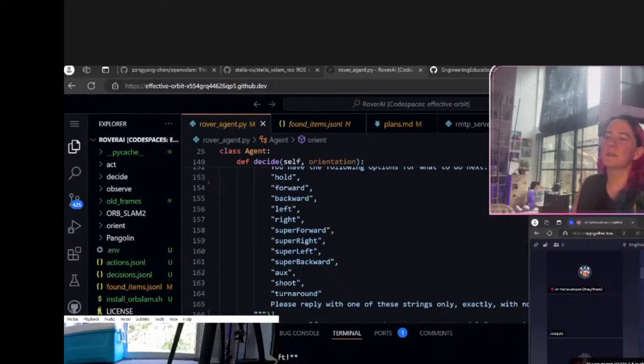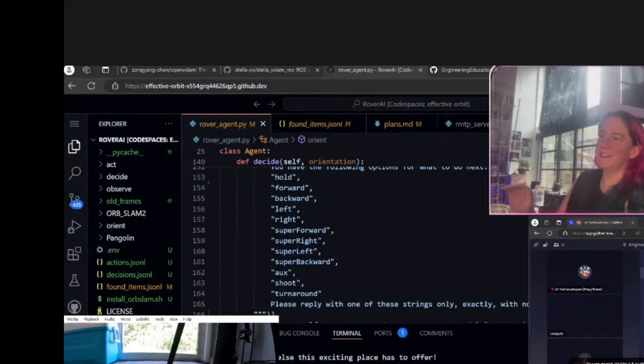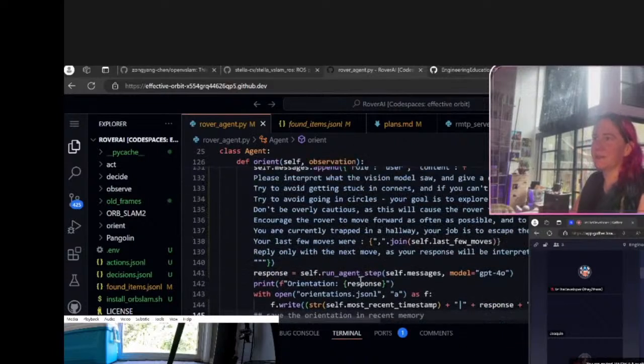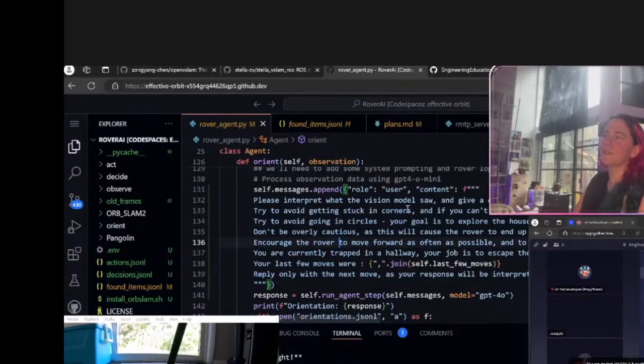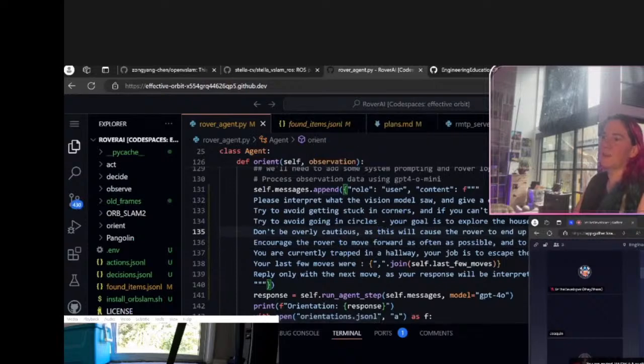It has a little bit of memory. It has the recent messages that it generated, so we are sending the messages back over and over again so it can see, right? Action forward. We're moving forward. So we are saying every single time as the user that this is what we want to do. Please interpret what the vision model saw.